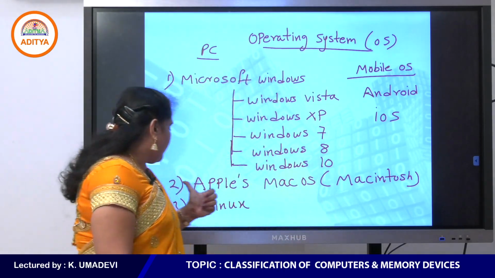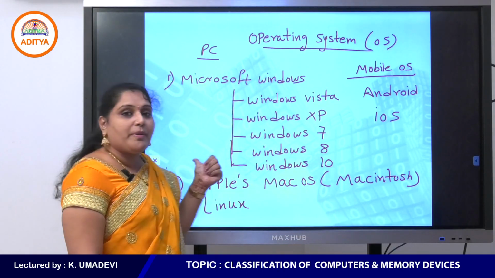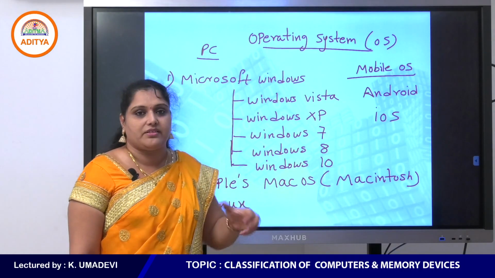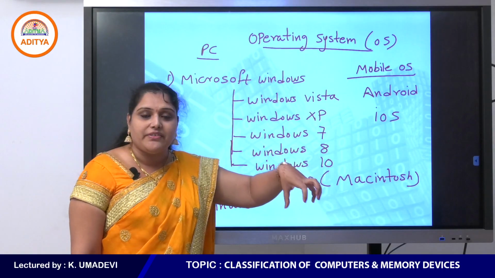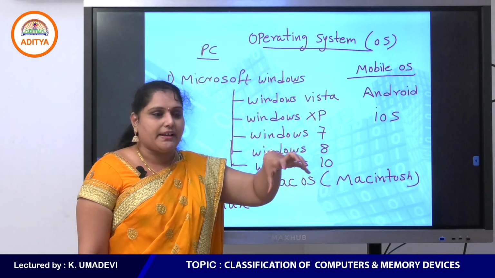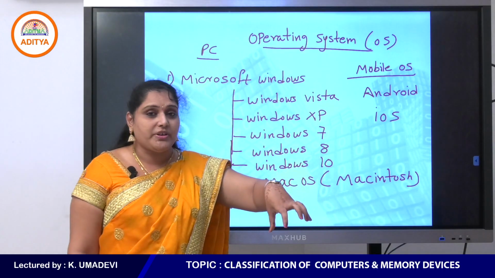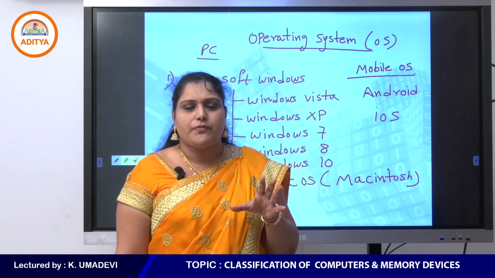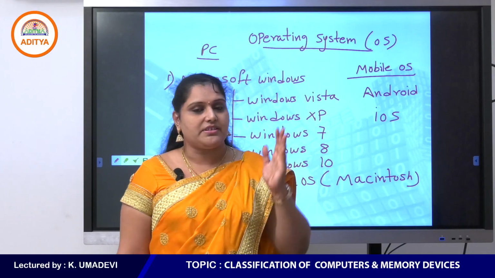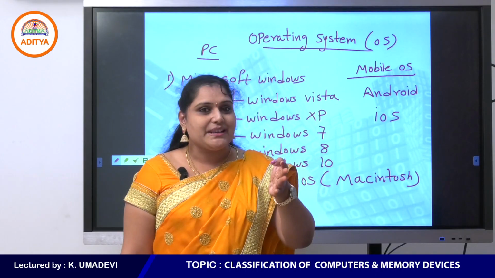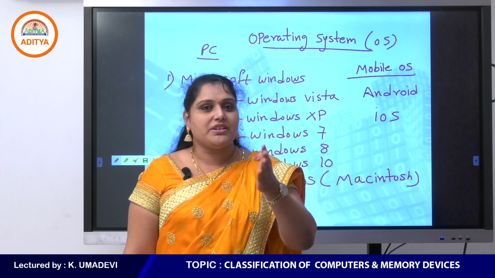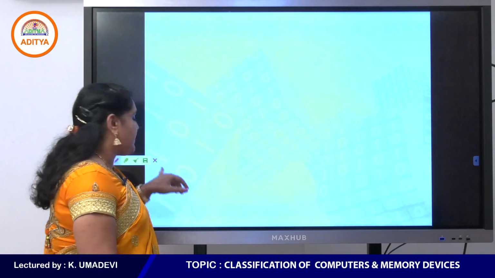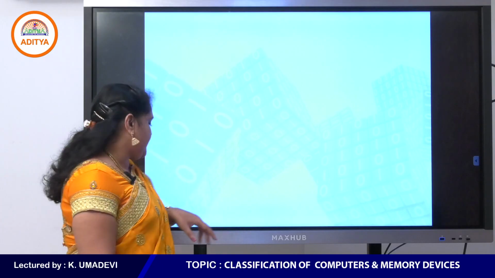Why? Because this is mainly designed to perform the operations internally. It manages and coordinates all the activities of the system, like memory, input and output devices, that is I/O management. So the specific functions of an operating system are I/O management, disk management, memory management, CPU management, etc. Okay, so all types of activities can be done by using an operating system.